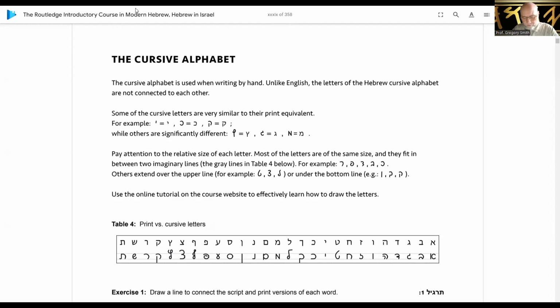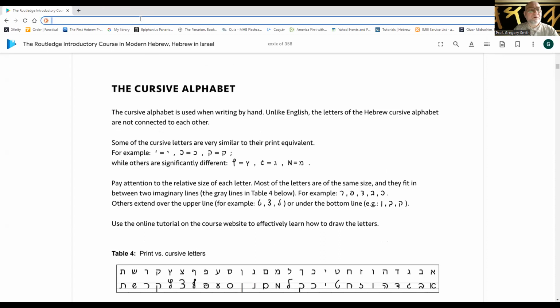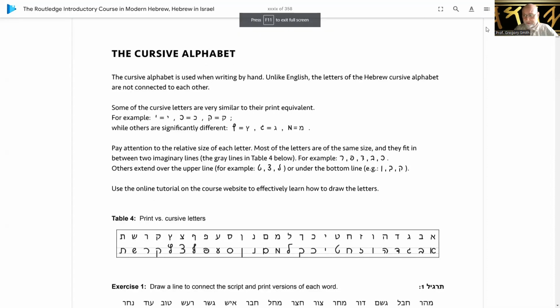Okay, we're going to work on some cursive today because the last chapter I did in the Hebrew text started to get more and more into cursive, and I didn't realize the depth that they would be using the cursive. I really didn't want to add that because I thought it would just be more complex. So I thought, okay, well, I'll put a video out here with some cursive practice, kind of help people that are